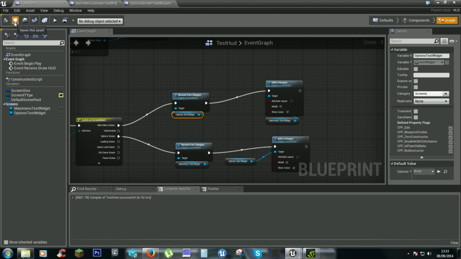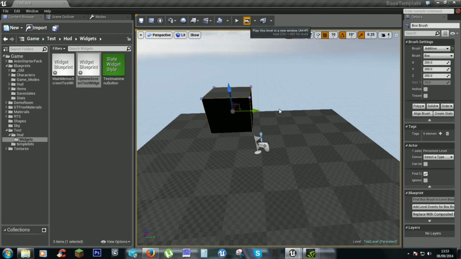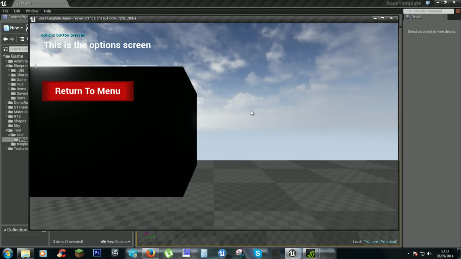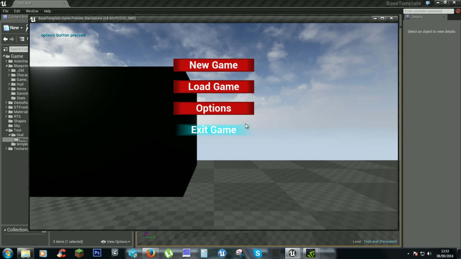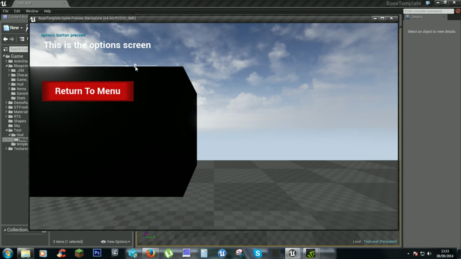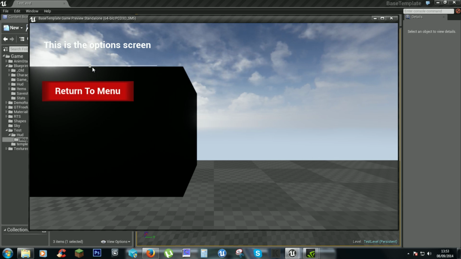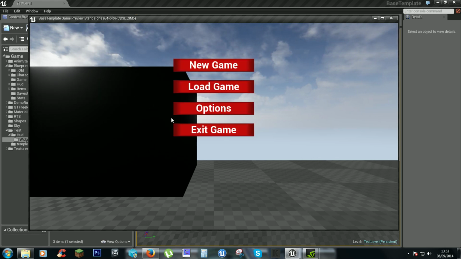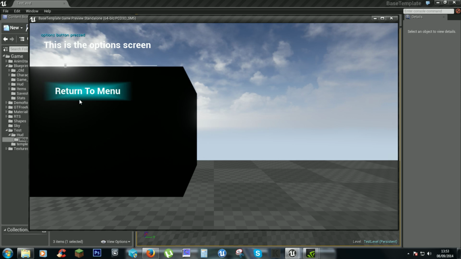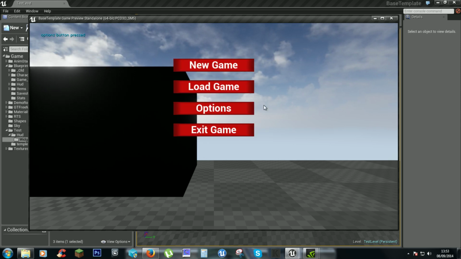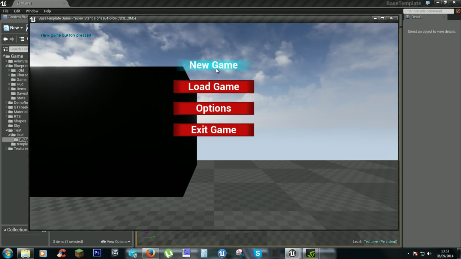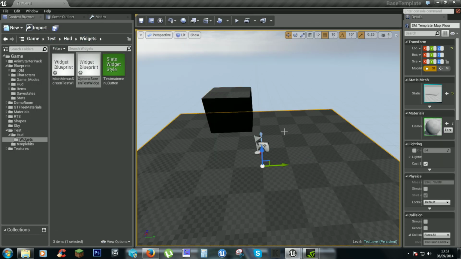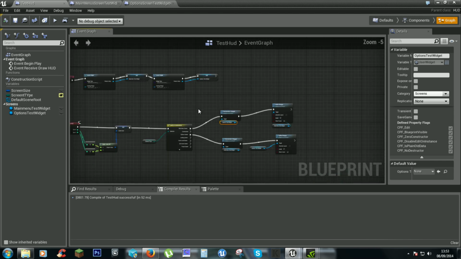So file, save, test, options, yep, play with that how many times you want. So that seems safe position, that's good. New game, load game, exit, right. So that all works nicely. And now we can